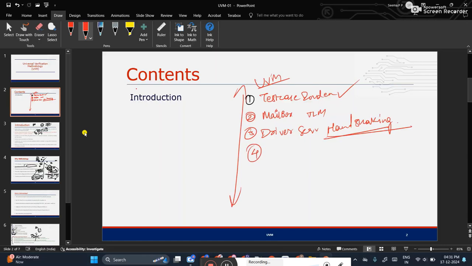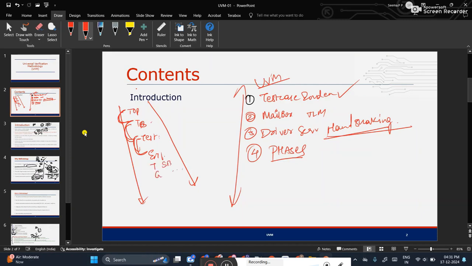And very important, we have something called the phases concept. Already I have a hierarchy: top, inside top the test bench, inside the test bench the test, inside the test the env. I have the hierarchy, correct, but do we have synchronization between the hierarchies? In the test bench I create the test, in the test I create the env, in the env I create the transaction, scoreboard, generator and so on. This hierarchy is maintained, I agree, but is the synchronization maintained?